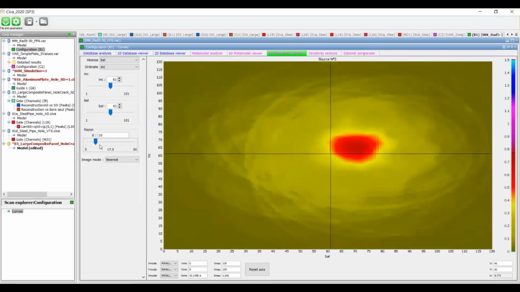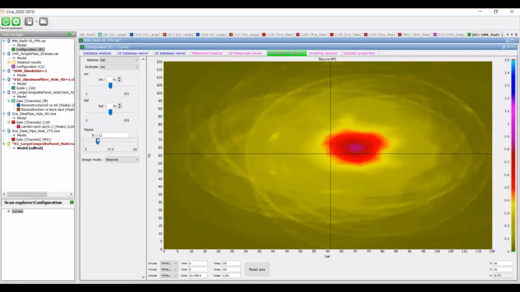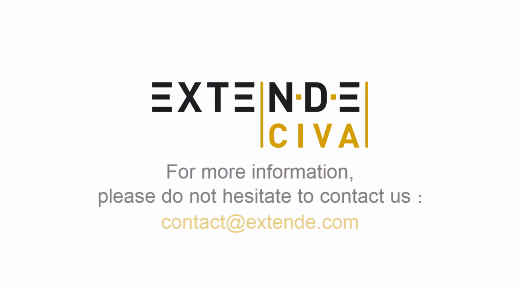And of course, each case can also be done individually if you want to analyze one by one. So SIVA SHM is also connected to these powerful tools of SIVA to perform studies with different values, different parameters: parametric study, sensitivity analysis, meta models, and so on. Okay, I think we can conclude.